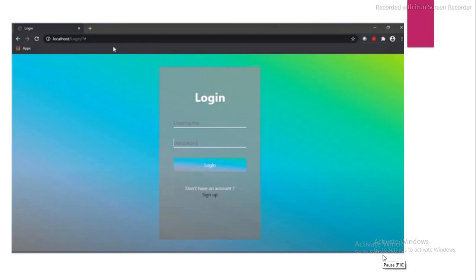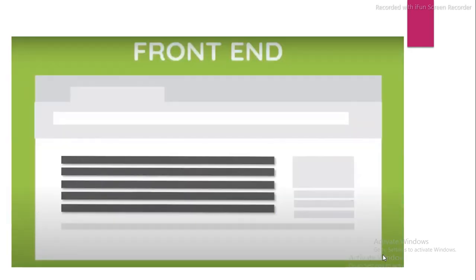For creating a website, first of all we need to know about the web page. A web page can be created in two ways: front end and back end. The front end is what shows to the user, and the back end is visible only on the developer side. But as a developer we have to know about both front end and back end. Front end is whatever you see in websites like YouTube and Instagram.